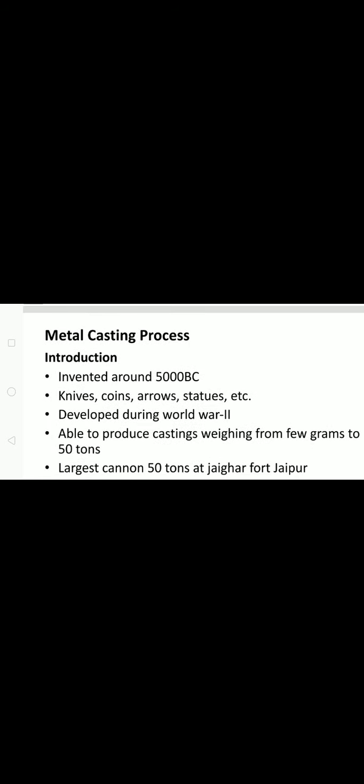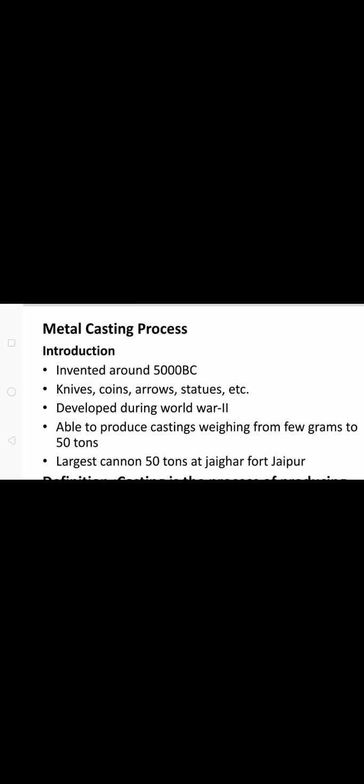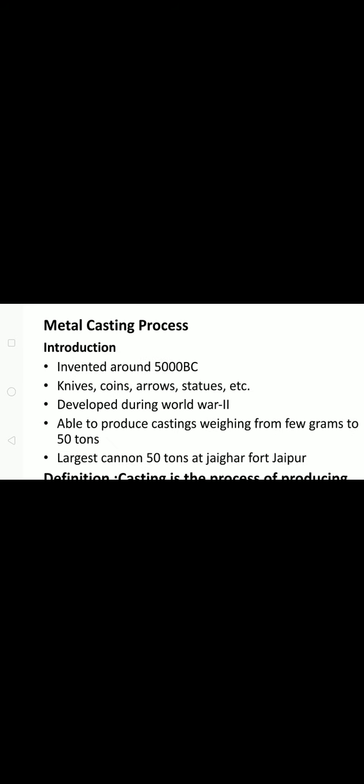In forging, you are applying compressive forces. In rolling, a combination of both tensile and compressive. In wire drawing, tensile forces. In extrusion, again compressive and tensile forces. In deep drawing, only compressive. Likewise, a combination of tensile and compressive forces changes the cross section or thickness of the material. So these processes are classified based on the force applied.